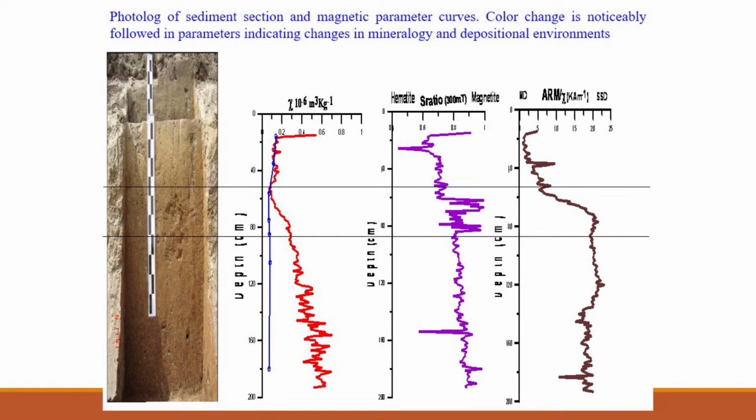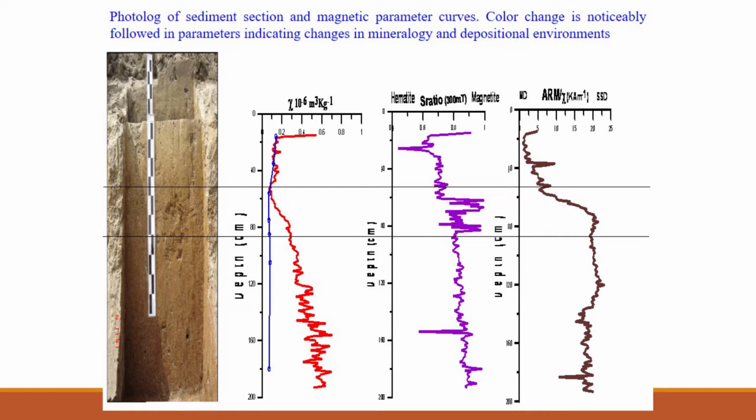This is one case study where you can see a sedimentary section where we do the environmental magnetic analysis of susceptibility, S ratio, ARM by susceptibility. Susceptibility relates to the magnetic concentration parameter, S ratio relates to the mineralogical parameter, ARM by chi relates to the grain size parameter. As you can see, the susceptibility is high in the bottom part and lower in the upper